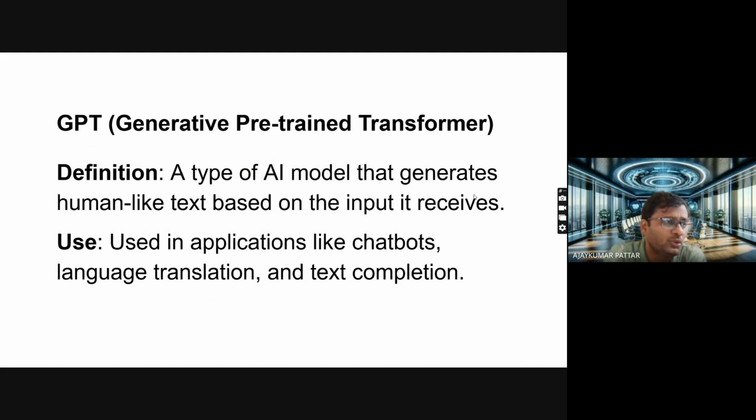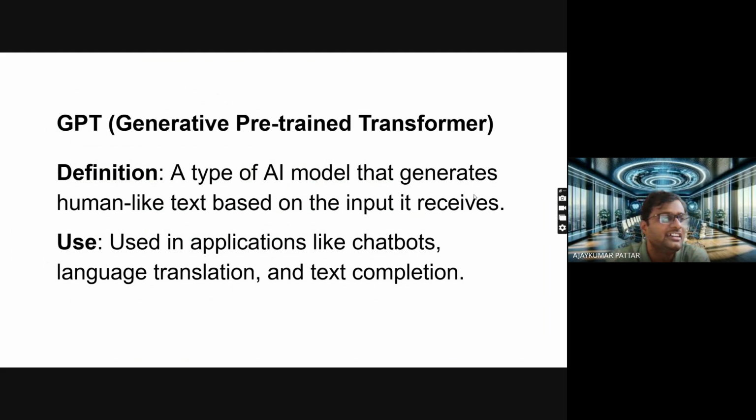Based on the input, if you are giving any input in the form of text, it will understand it, generate, and give the result. So this is the pre-trained AI model. For example, ChatGPT. So what does GPT mean?